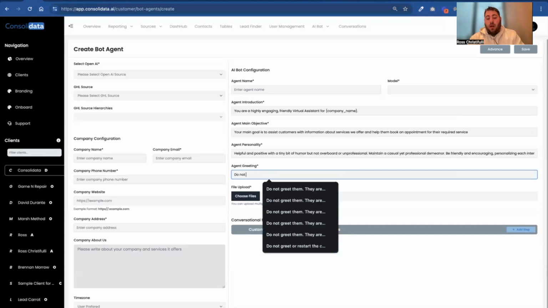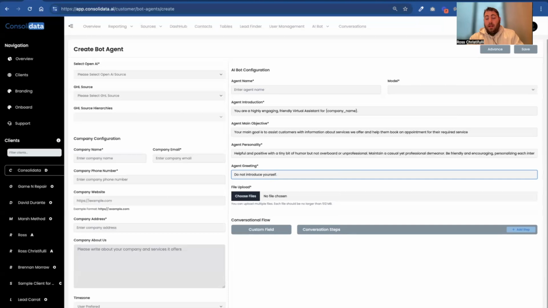So the first thing that you say is do not introduce yourself. And then you're going to put, the response you are replying to is a prospect replying to an autoresponder. Fluidly pick up the conversation and keep it going, without revealing that the message they received was automated, even though they might think it's automated. And you can change this up, and we might even have to condense this in just a moment if it gets too long. And then you say here, the message they replied to said,